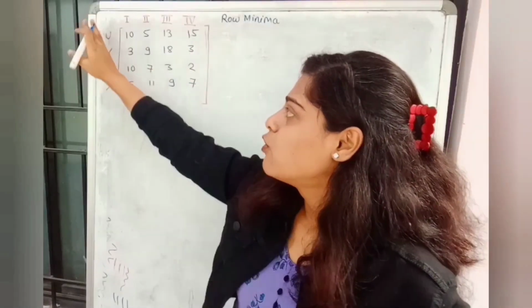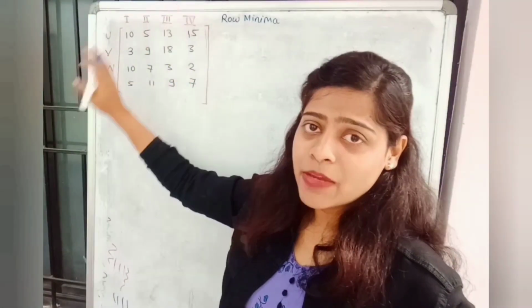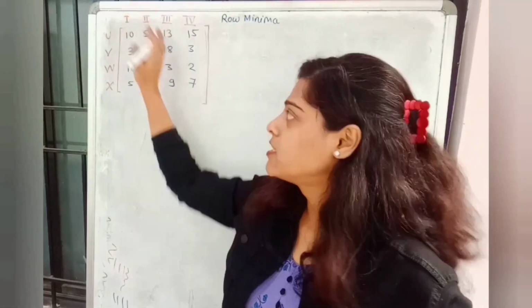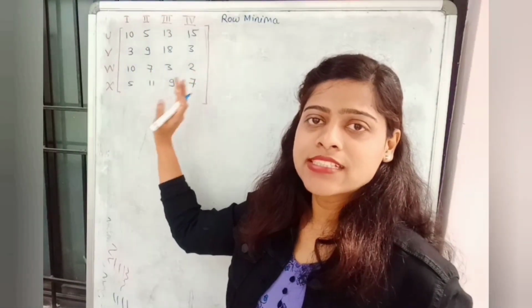We already know that there are two types of assignment problem. One is a balanced assignment problem and the second is an unbalanced assignment problem. If we have the same number of rows and the same number of columns in the given matrix, then we can say it is a balanced problem. Otherwise we can say it is an unbalanced problem. Now as this matrix contains 4 rows and 4 columns, the same number of rows and columns, this matrix is a balanced assignment problem.